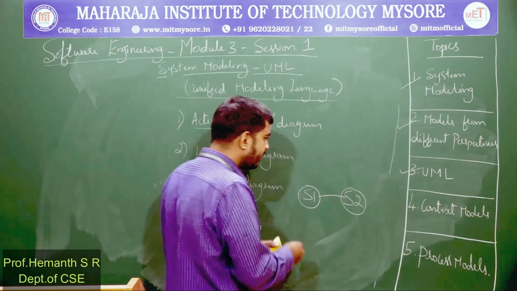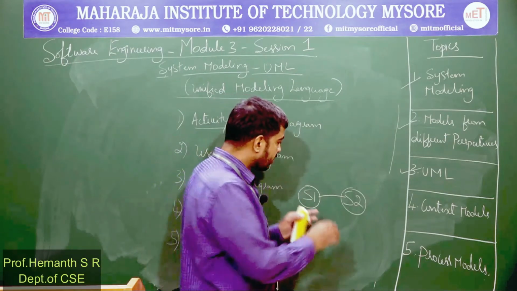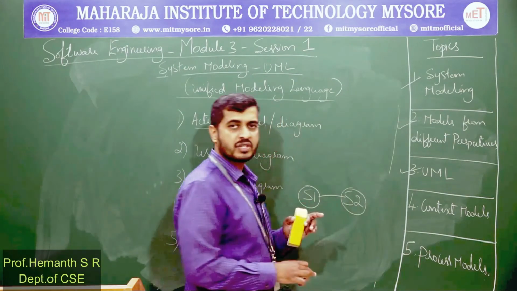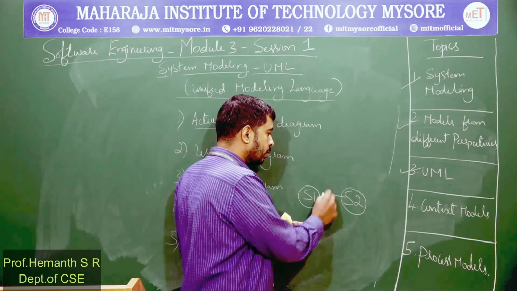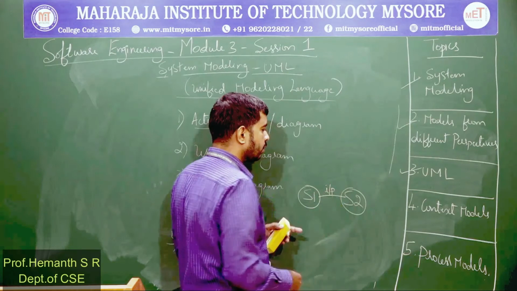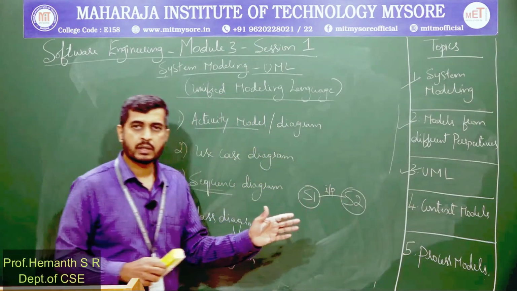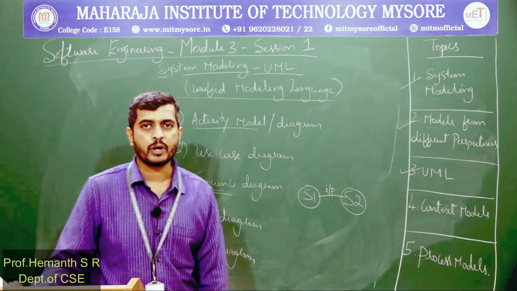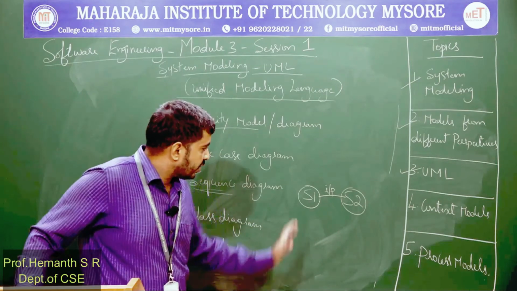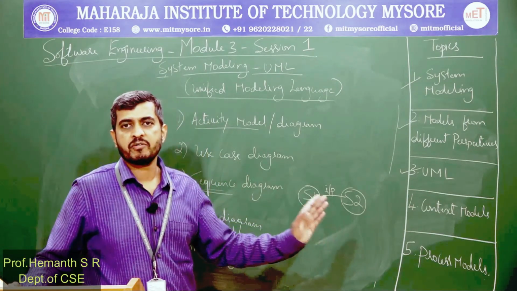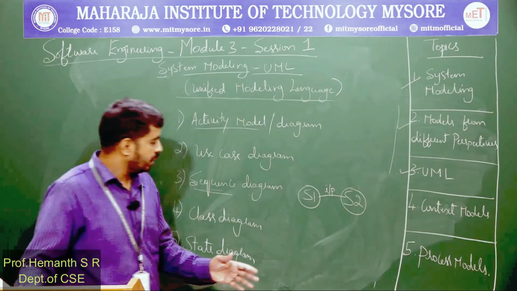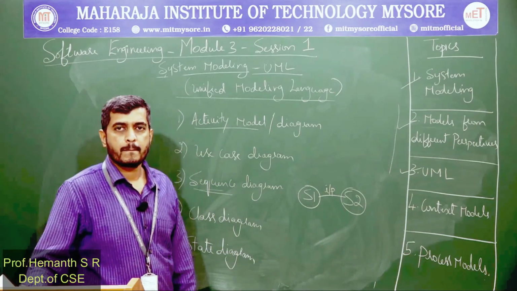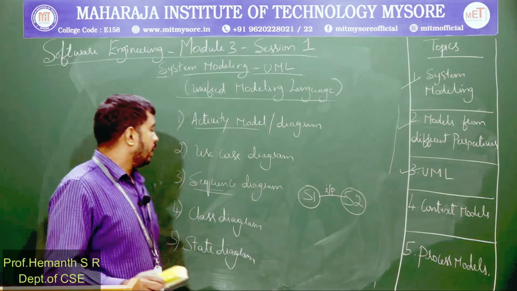Now what was that event? What was that input which resulted in the change of the state? That will be written over the line. In this example, maybe a request from a patient for an appointment. So the different states of the software at different instances of time is what is modeled in the state diagram.